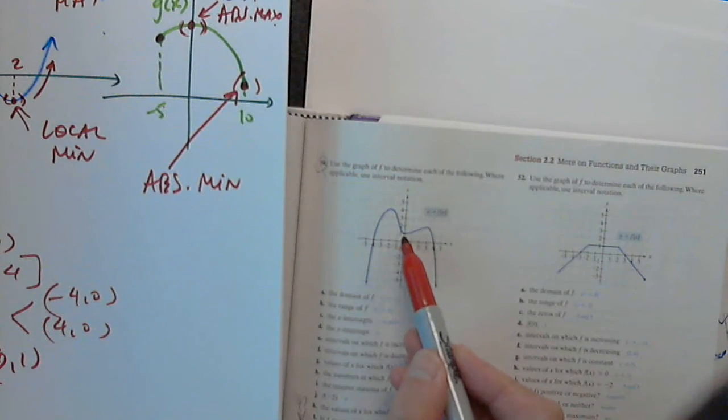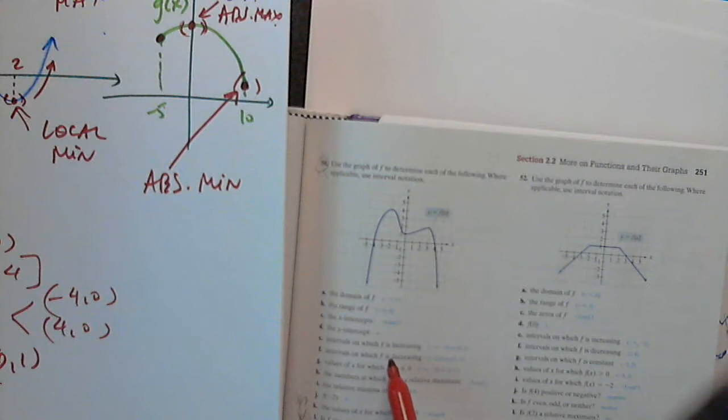Perfect. Next question. The y-intercept, part D. What is the, yes, the y-intercept is 0 comma 1. Do we all agree with 0 comma 1 as the y-intercept? Perfect. Next. Intervals on which f is increasing. F is increasing on